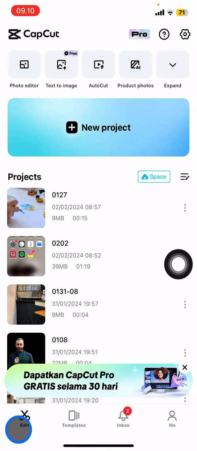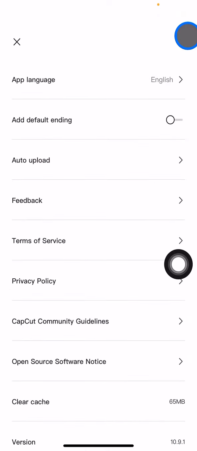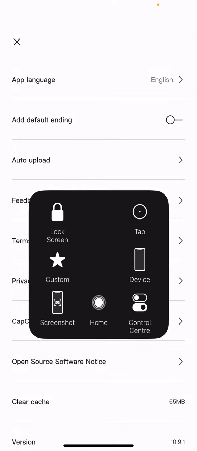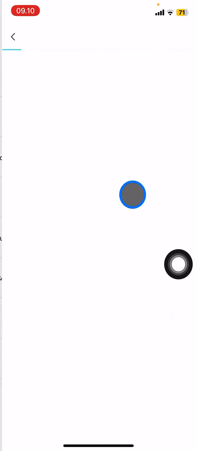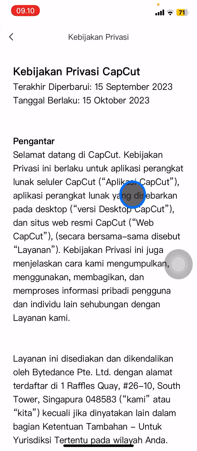Whenever you are in edit, you can take a look at the top right corner here. There will be 2 options, and to visit the privacy policy, click the settings button, the right button. After that, you just need to scroll down until you find the privacy policy right here, and then just click it, and CapCut will show its privacy policy on your screen, and you just need to read and